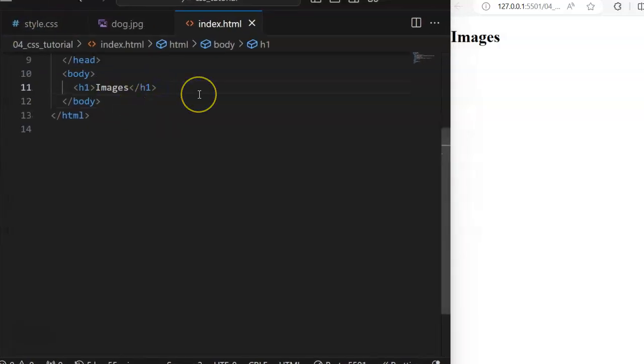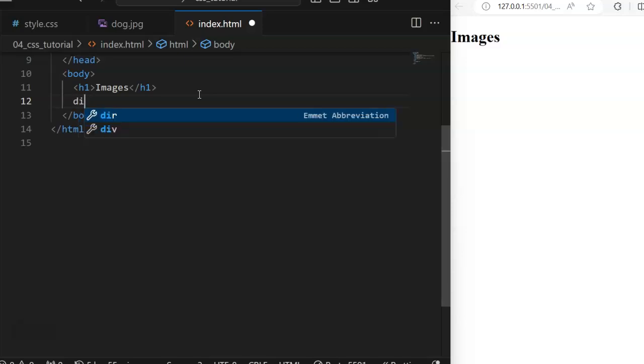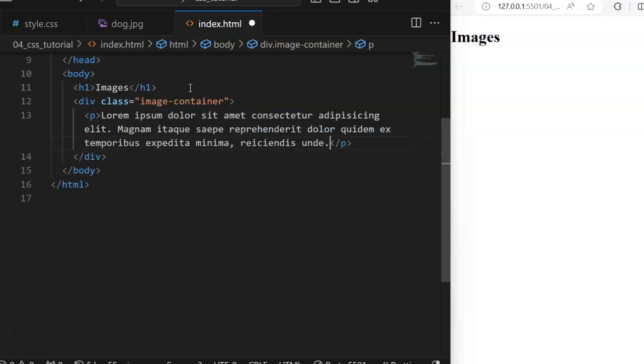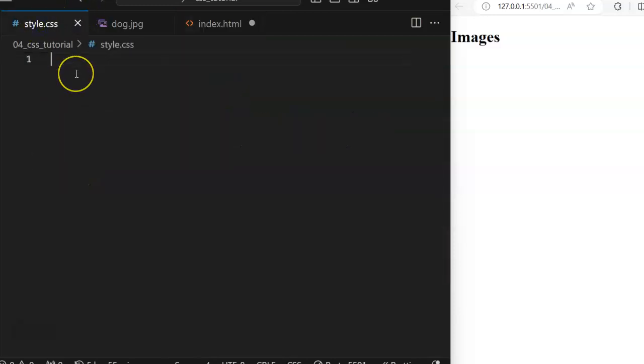Now let's create a container, let's just call it image container. In this, let's have some random words. Now with this image container, sometimes you might want to make a particular section of your page, the background of that particular section, to be an image. Then you need to use it from your CSS, and to do that, just call that class or the section you want to use the image for,